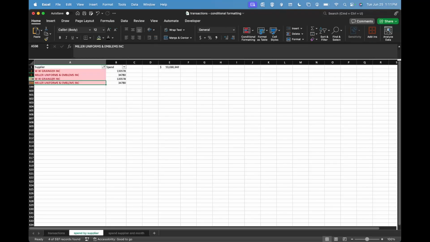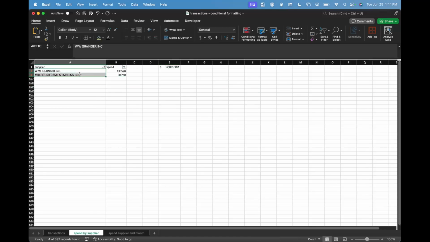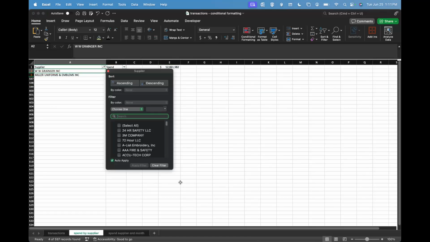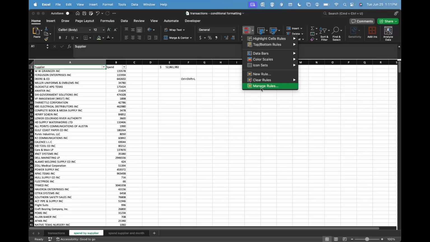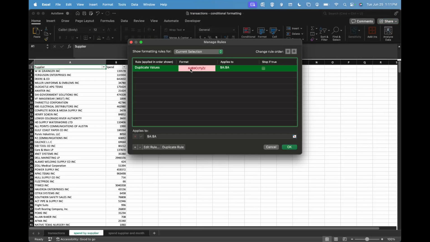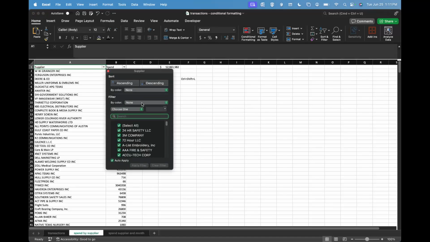So for today's purposes, we're just going to delete these. We're going to delete the row, and you'll notice that the first two are no longer highlighted. Now, if you're not sure if that format is still available, you can click Conditional Formatting. You can click Manage Rules, and you can see that column A still has a duplicate values rule assigned for it. So now you can rest assured that there is a rule for it, and I can't filter by cell color,